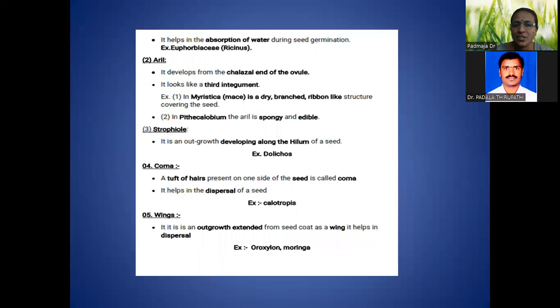It is a cushion-like structure present on the seeds for the absorption of water. Sometimes the seeds have to absorb water in order to rupture the seed coat and germinate. This caruncle is a soft structure present on the seed for the absorption of water, and as a result the seed germination takes place. That means for the enzymes to be activated, water is very, very essential. So in order to absorb the water, this caruncle plays a very important role